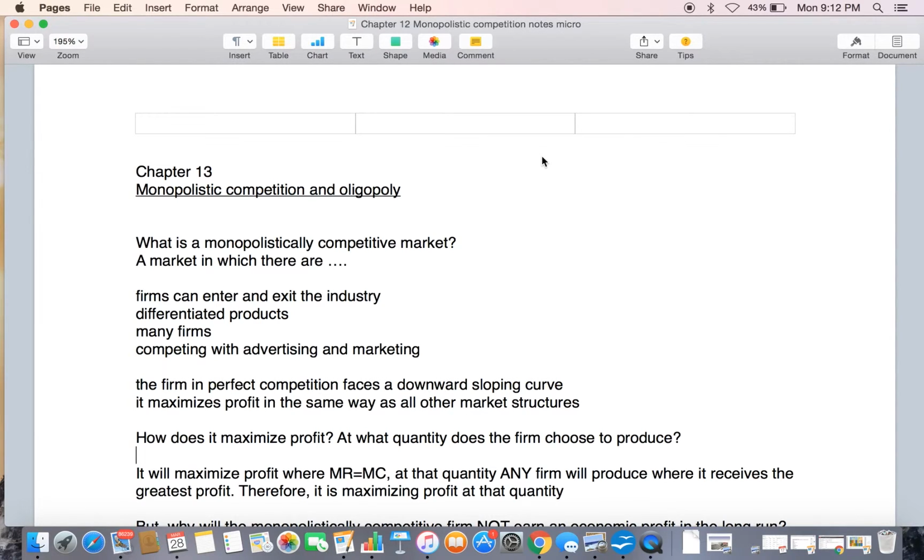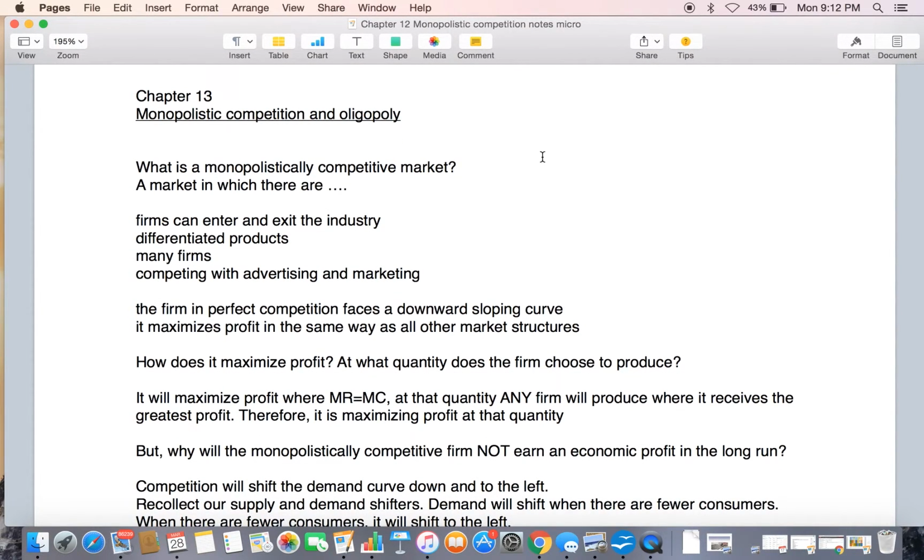When we characterize a market, we need to look at the assumptions that underlie that market structure. So in a monopolistically competitive market, we find that we have firms being able to enter and exit the industry with relative ease, but not completely free entry as we had in perfect competition. We also find that they produce differentiated products. So instead of each producing the exact same product or having a hold on the market by being the only one who produces a unique product, they might produce relatively similar products, but they are differentiated. We'll see that there are many firms in the industry and they compete with advertising and marketing, and that's how